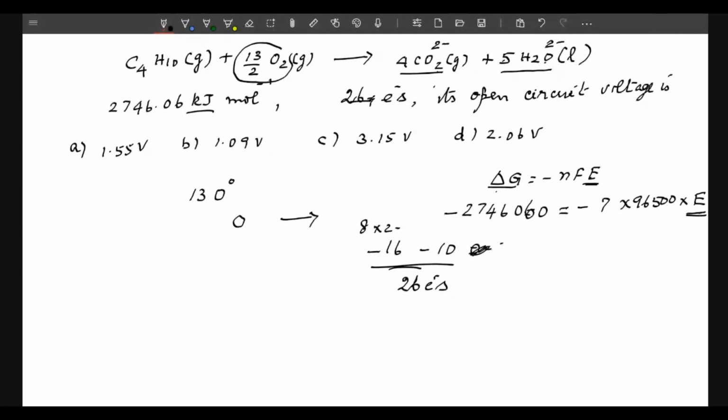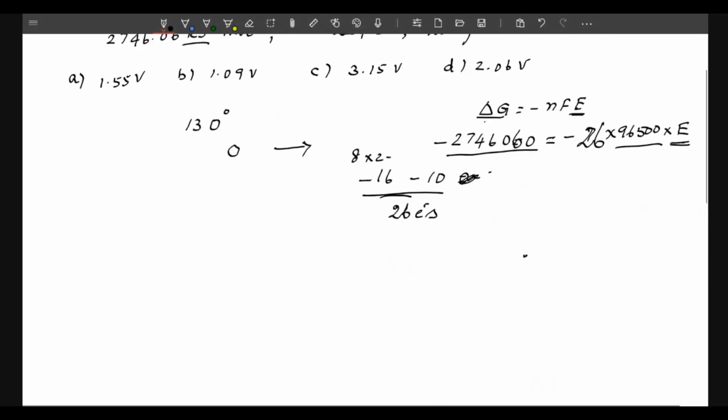Is it a very tedious problem? The multiplication and division, I have already said, 1.09 is the correct answer. Do the calculation using your calculator. Though it is given such a large number, here also charge and 26 can be simplified. How? E is asked. E is equal to 2746060 divided by 26 into